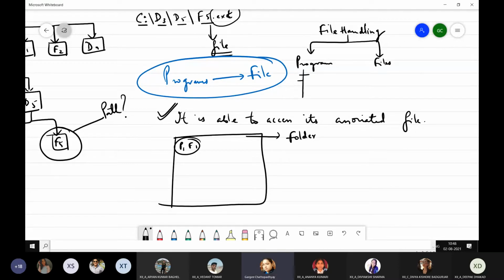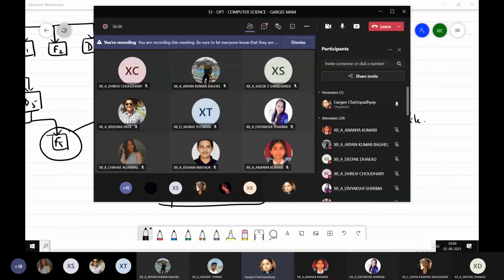So within the programs folder, all the programs will be saved, and within the files, all the files will be saved. Understood? So this we will be doing later. Right now, you will go with the first way, that is create one folder, and within that folder, save the program as well as the file. First step, is it clear to everybody? Please give me a quick feedback on this.